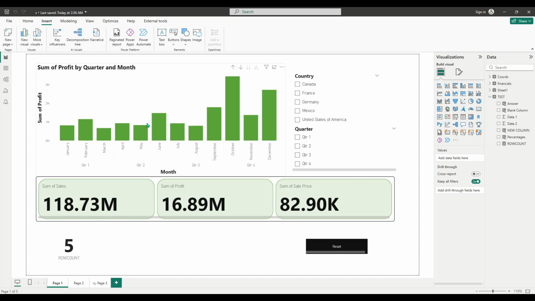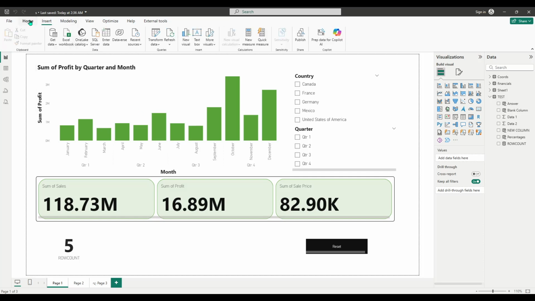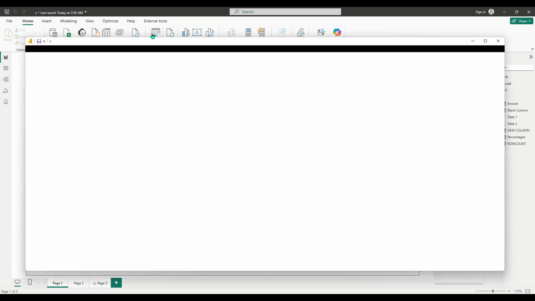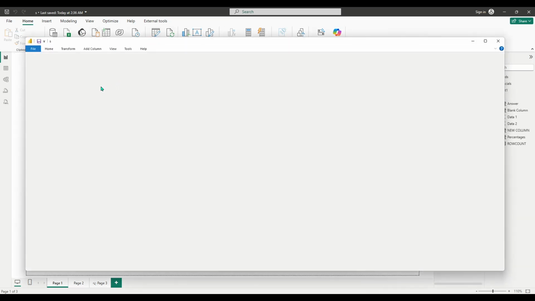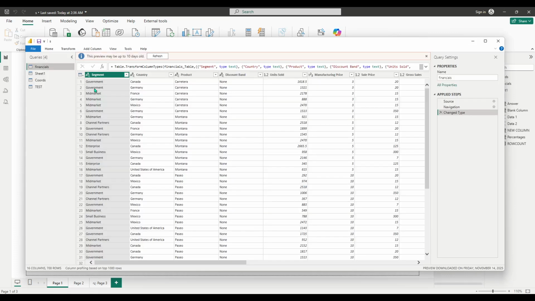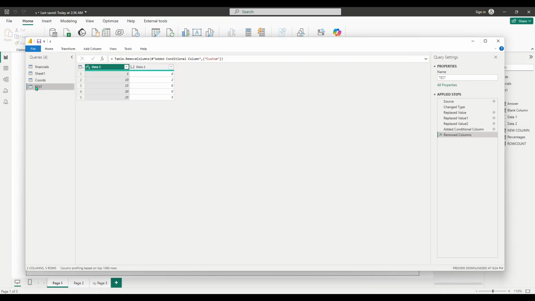Start from your report view, then head to the Home tab on the ribbon and choose Transform Data. This opens the Power Query Editor, which is the workspace where all your data shaping and cleaning happens before it reaches your report visuals. Once the Power Query Editor is open, look to the left for your list of queries